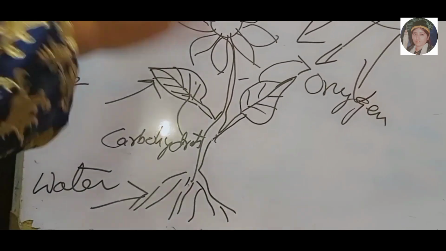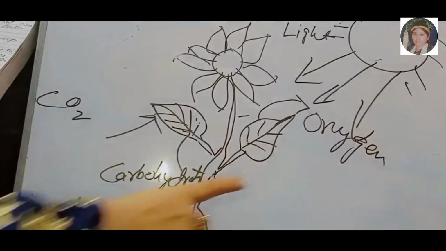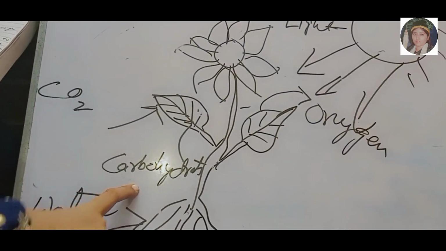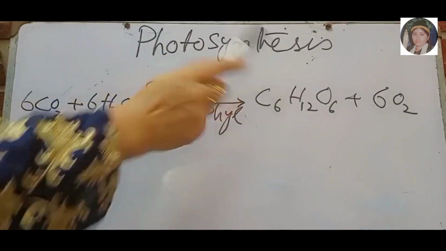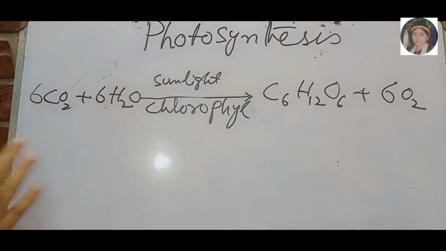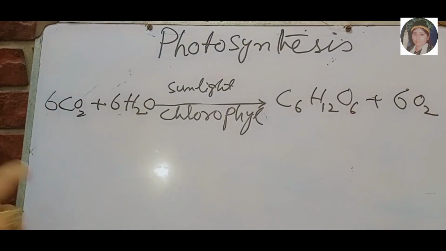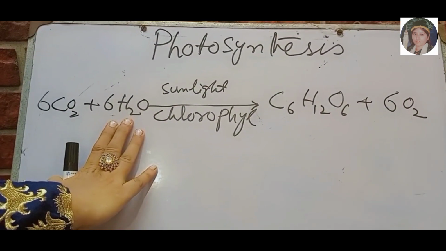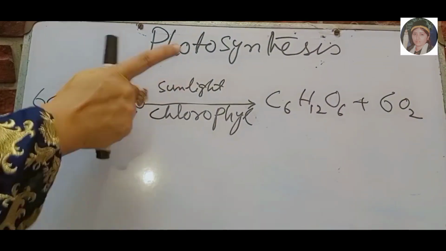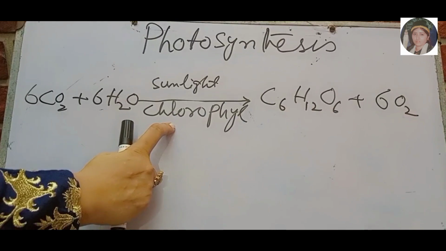During the process of photosynthesis, cells use carbon dioxide and energy from the sun to make sugar molecules and oxygen. The process of photosynthesis is commonly written as this equation. This means that the reactants, carbon dioxide molecules and 6 water molecules, are converted by light energy, sunlight captured by chlorophyll,